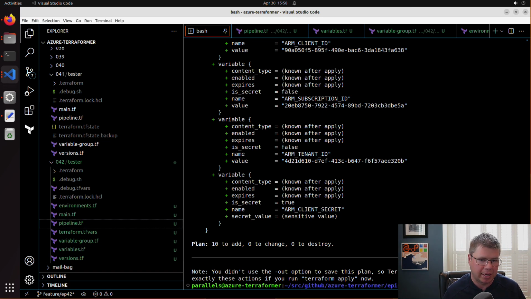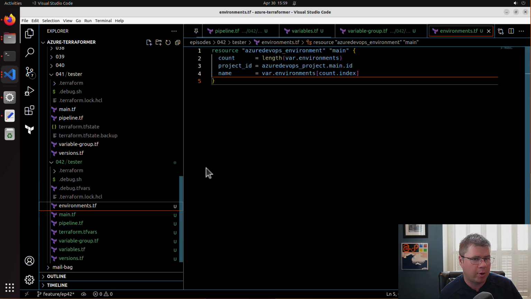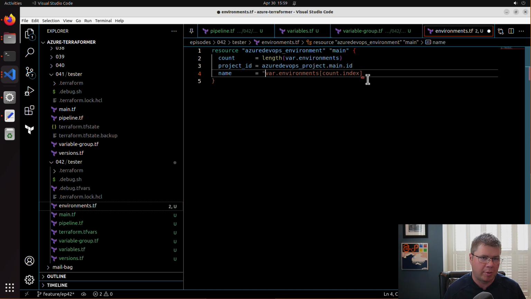So I feel pretty good about this. Let's run an apply. Auto. Oh no, you know what? The only thing I want to change is for the name of the environment. I want to add the application name there. So we're going to